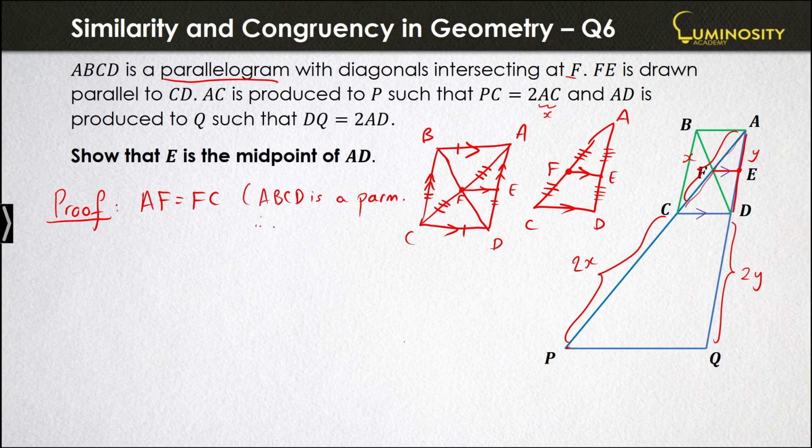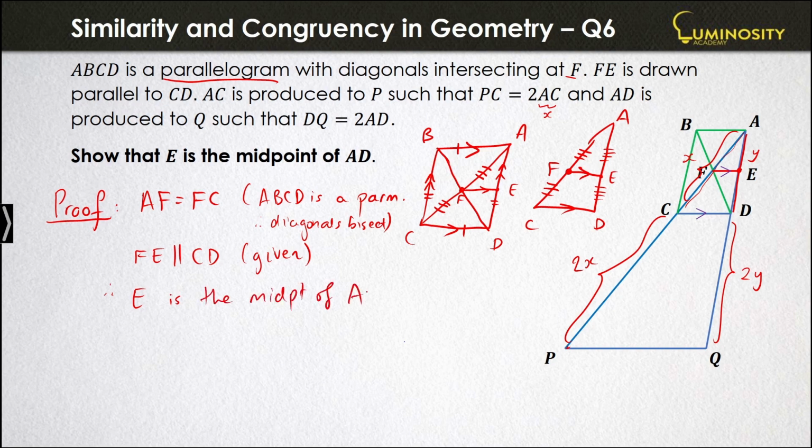So therefore, diagonals bisect. Then you also know that line FE is parallel to line CD, that was given. So therefore, you can say that E is the midpoint of AD, and the reasoning for that is the converse